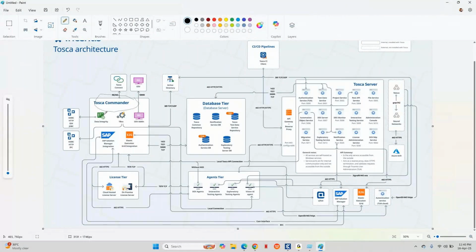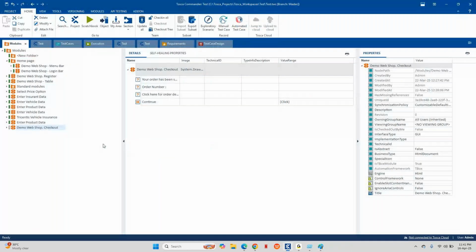So the first and most important thing would be TBox. TBox is nothing but the own engine supported by Tosca, which would allow you to perform various operations within Tosca. For example, if you are working with Selenium, you import some basic libraries in Selenium, right? Even if you are installing some software like Eclipse, if you remember, you also need to install those C++ files or applications as well. So what exactly it is, it actually allows the Java engine to work with Selenium,